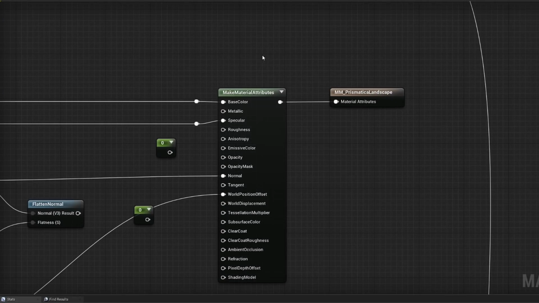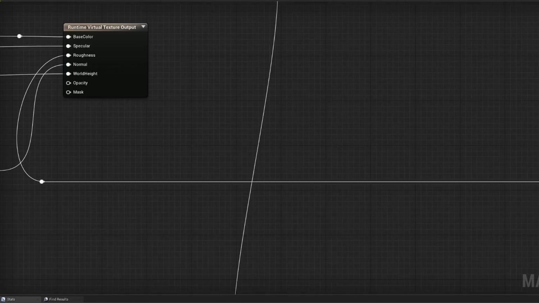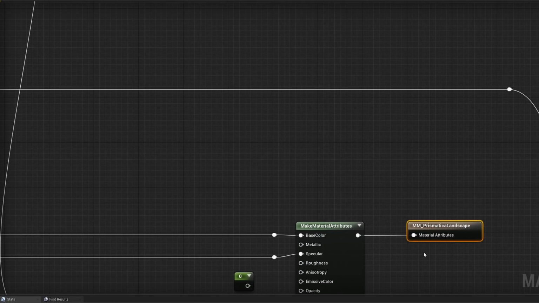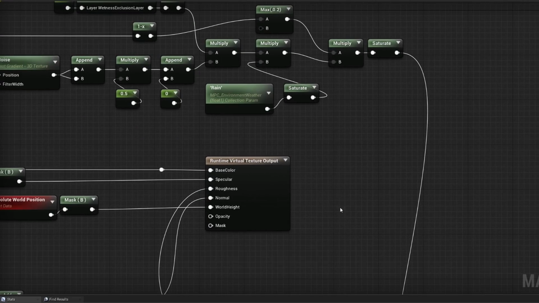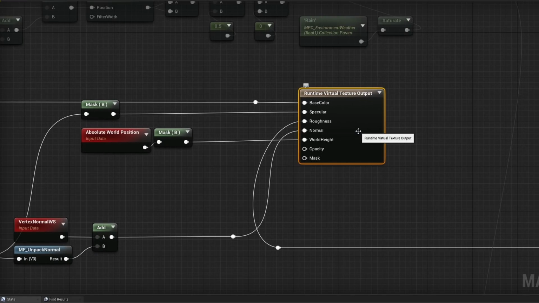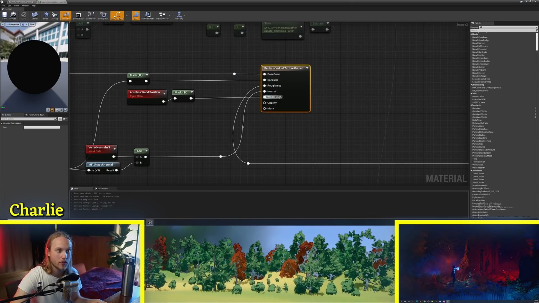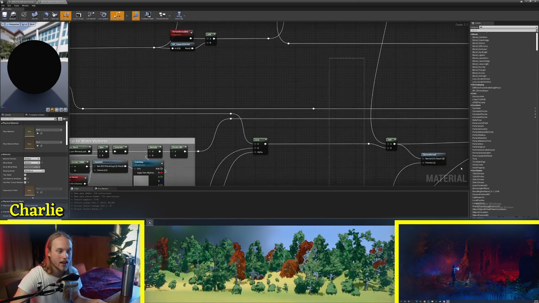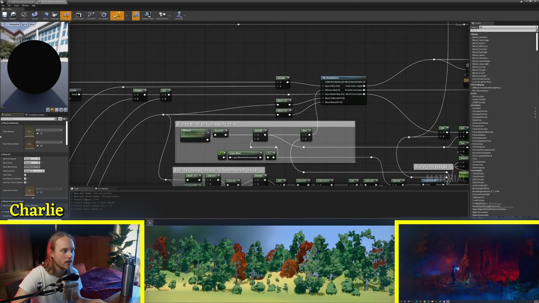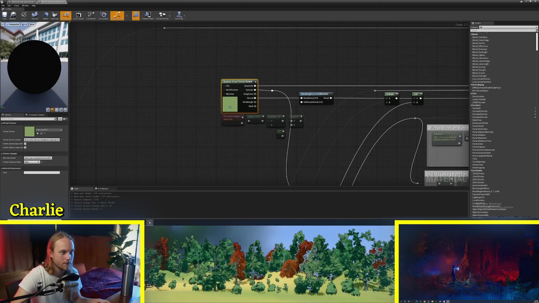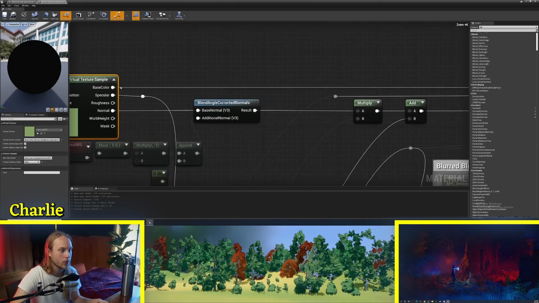Instead of going straight to the make material attributes, or the material output, they go into the RVT. So they're getting written to the runtime virtual texture, and then within the same material, we sample that runtime virtual texture, and so we pop it all out